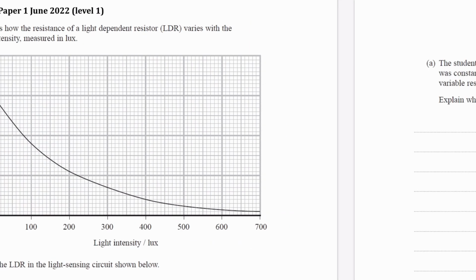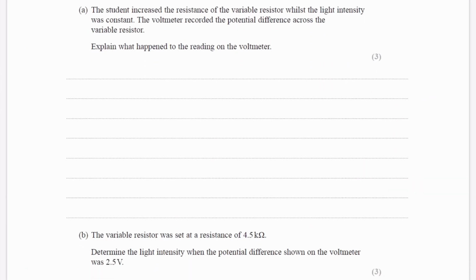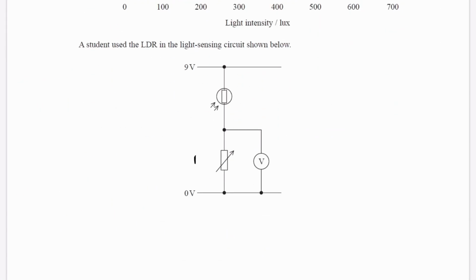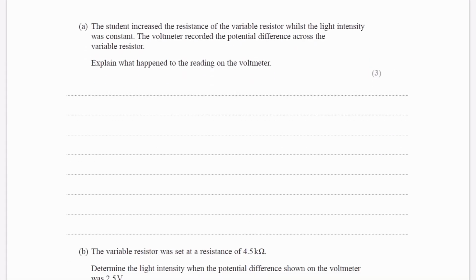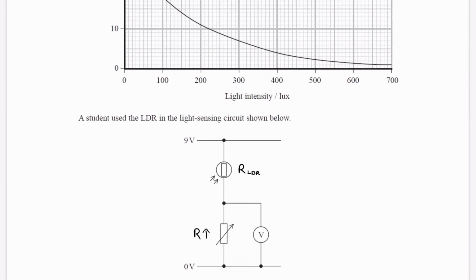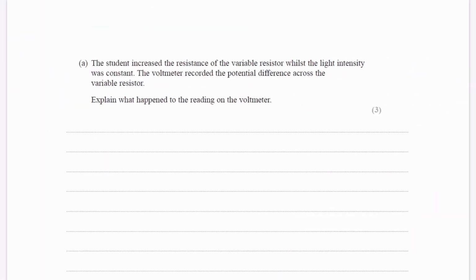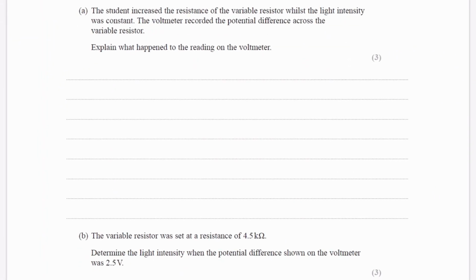Okay, so first part, a student increased the resistance of the variable resistor whilst the light intensity was constant. So the resistance of the variable resistor is going up. The light intensity remains constant, so the resistance of the LDR will remain constant. So this doesn't change. And the question is asking us to explain what happens to the